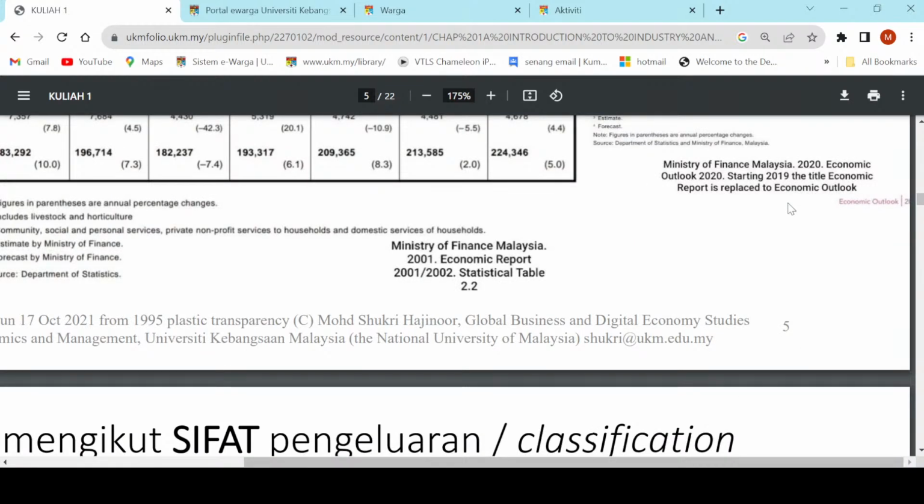But since 2019, under the new government, they replaced the title of the document on budget day with Economic Outlook. And notice also here,